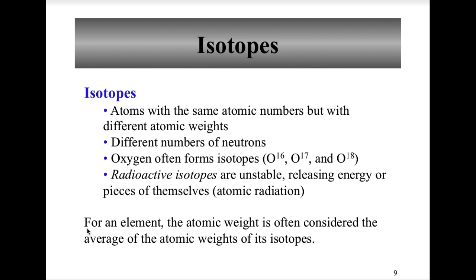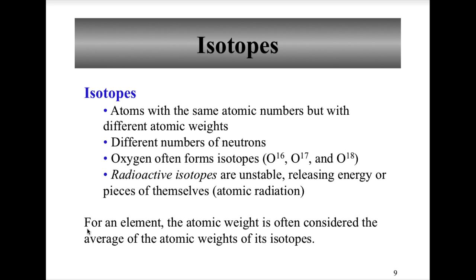In continuing with the structure of matter, we have things called isotopes. Isotopes are atoms of an element that have the same atomic numbers but different atomic weights. That is because the same number of protons are there, but they have a different number of neutrons. So oxygen often forms isotopes, and you have oxygen 16, 17, and 18. Please note that the atomic number is the same